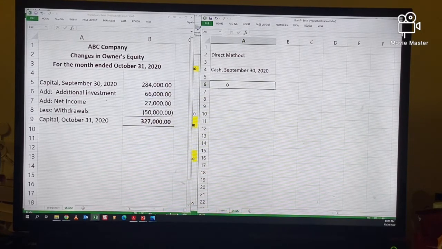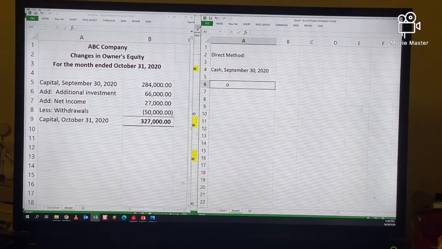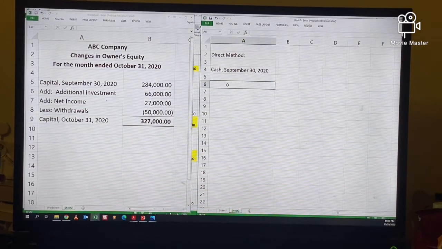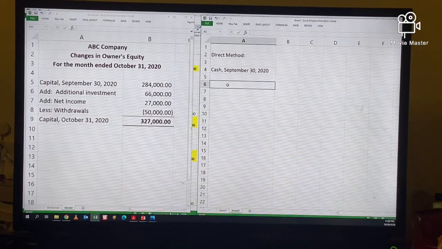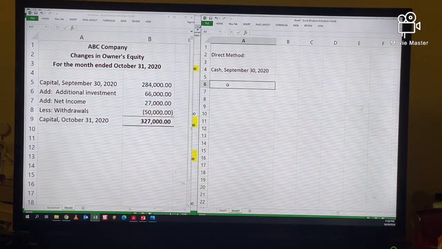Yung operating activities, ito yung lahat ng activities ng company na may kinalaman sa operations. So, purchases of supplies, yung cash payments to suppliers, your receipts or collection from customers, purchase of supplies, so those